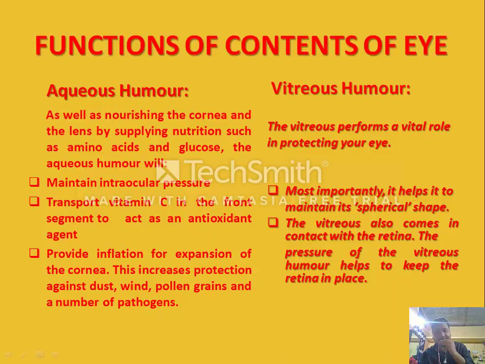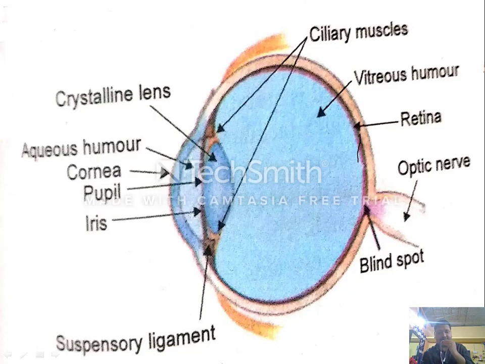Okay, so this is our eye, the figure of eye. You have to draw it on your copy and name the important parts. So this is our eye. I start. This part is called the cornea. Through this cornea, light enters. Behind the cornea, there is a circular diaphragm. This is colored due to the presence of pigment. This is called iris. And this iris has a hole or opening. This is called pupil.